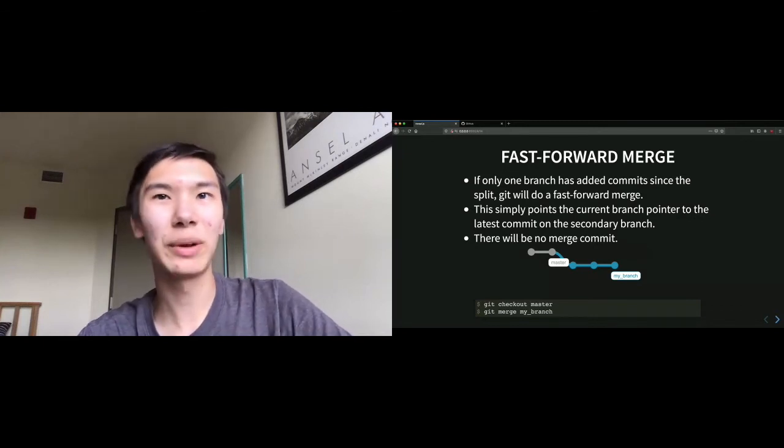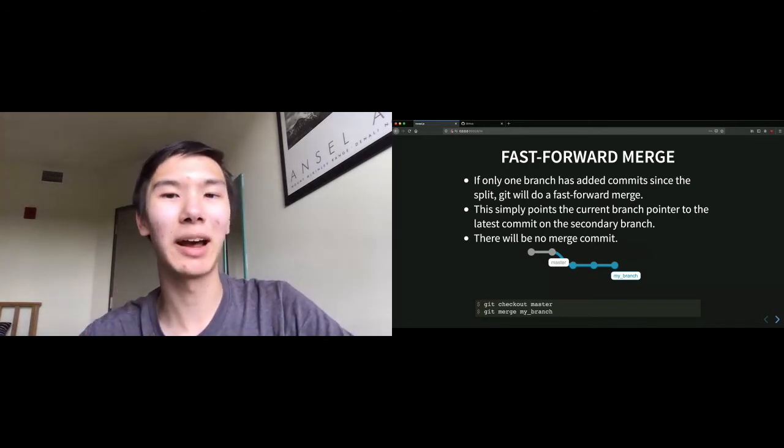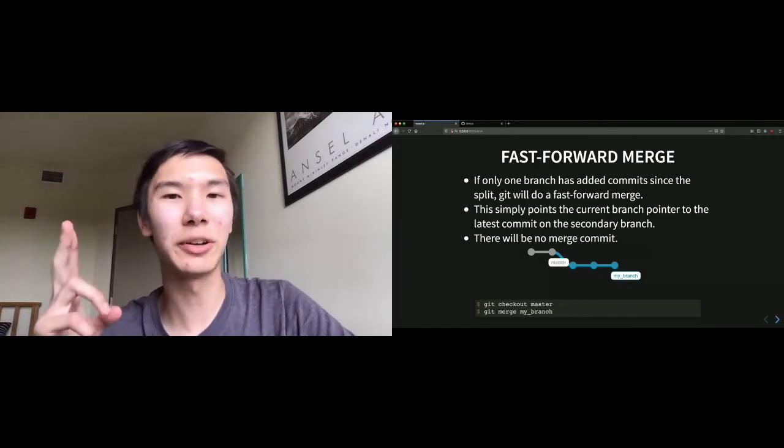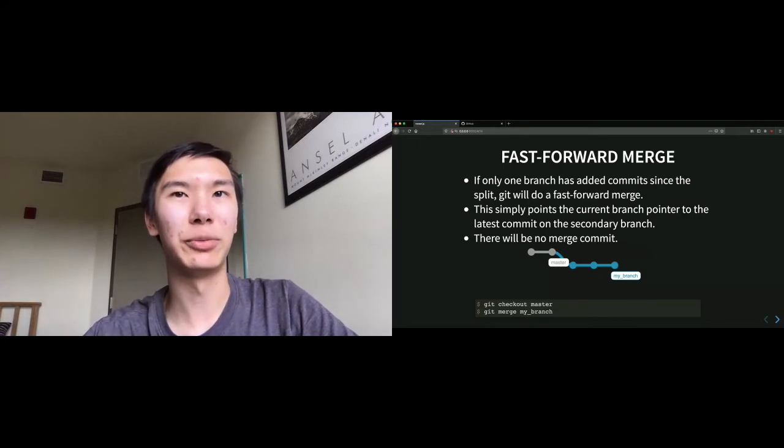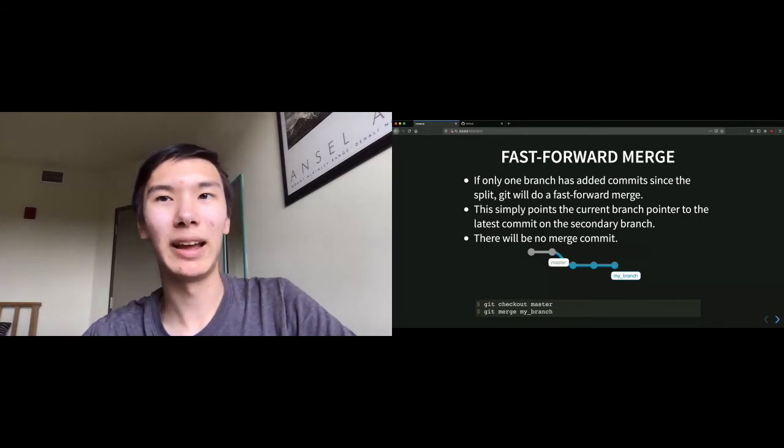Right, so in total, we have 5 commits. We have 2 commits that are on master and my branch. So we made 2 commits on master. Then we did a branch, which made a copy. And that branch has 3 more commits on it that we made. So 3